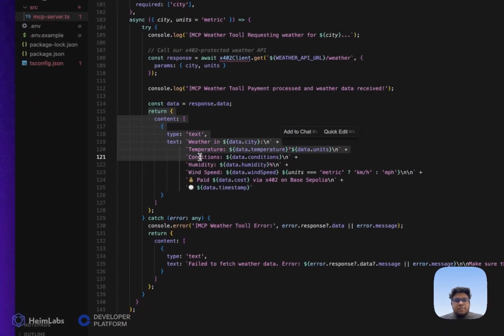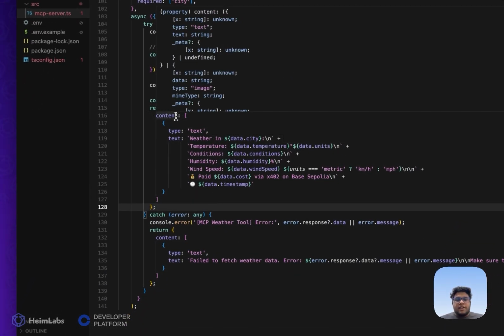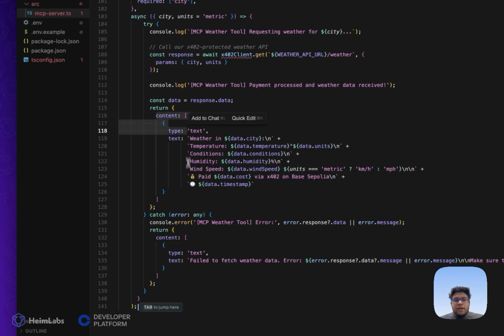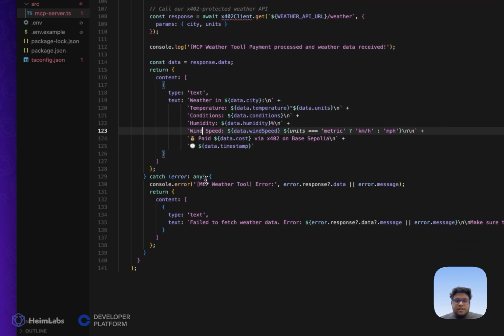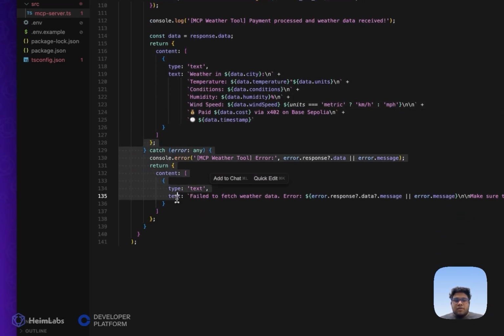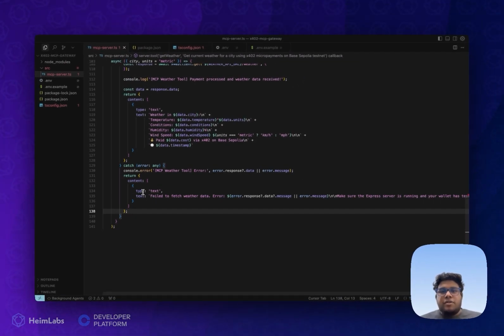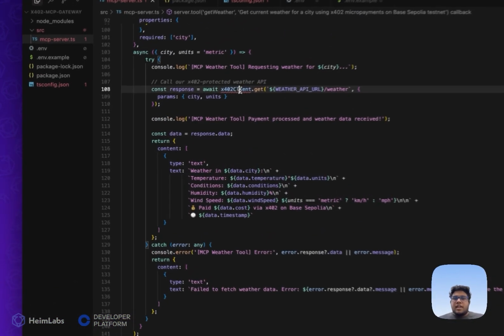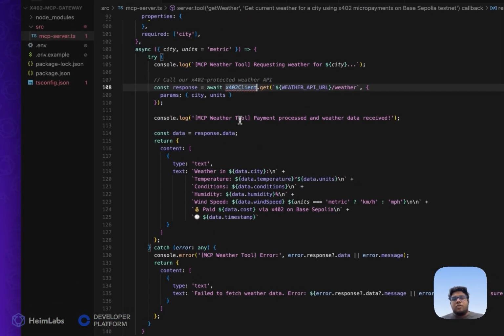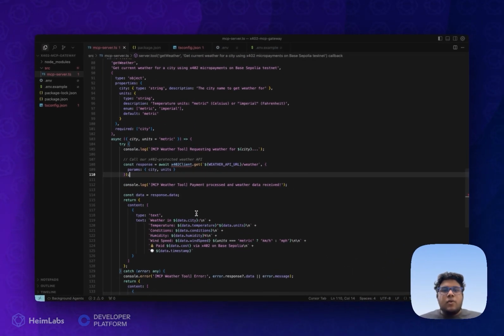Once we have got the data from the API, then we return this data in a particular content format to the LLM. So in this content format, we define all of the content with the data. So we would define the various type of content like the weather, the temperature, the conditions, humidity, and other stuff. And next we have the error catching block, where we make sure that if there are any errors in this tool, we are able to catch it and we are able to debug it properly. We'll be shortly defining the export to client method, where we would be using the export to packages to define the client, and ultimately the client would use methods like get and post to call our export to predictor weather API. So now we are done with the tool one.